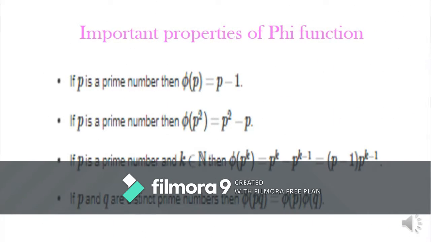Important properties of phi function is, if p is a prime number and k is an element of natural numbers, then the totient of p raised to k is equal to p minus 1 multiplied by p raised to k minus 1. It sounds complicated, right? But trust me, it is simple. For example,